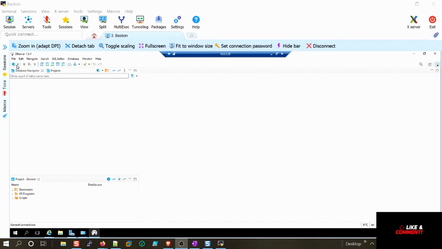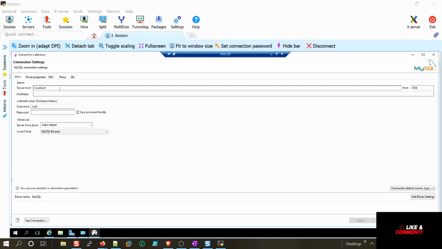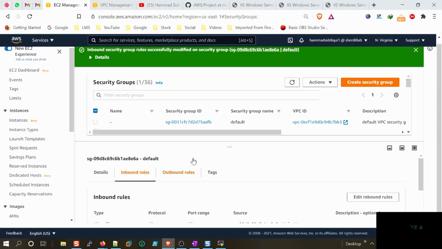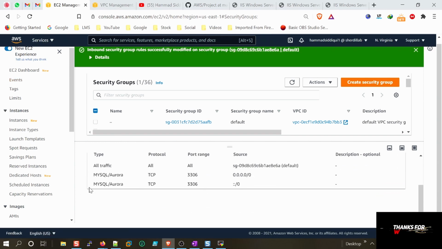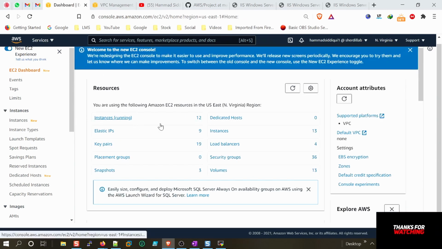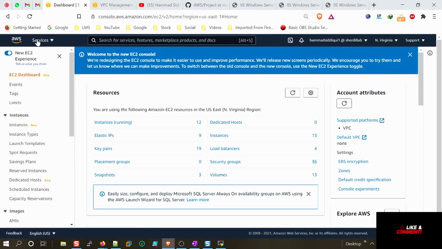Okay, I'm gonna try it one more time. I deleted the older one. I created a new database under the name of DB AWS Cloud. That one wasn't working. Most probably there was an issue with the security group. I just added the security group, and then now I'm gonna just go here,